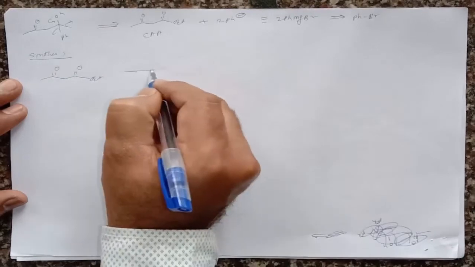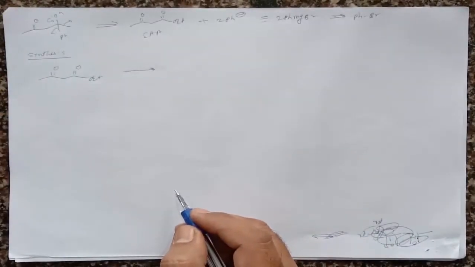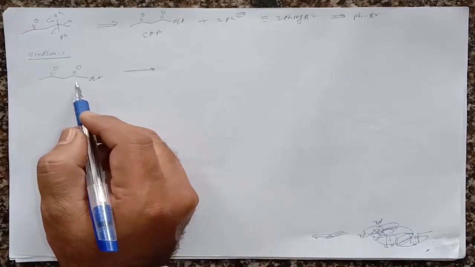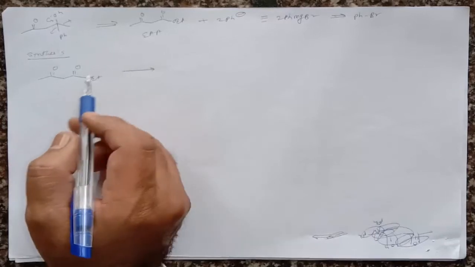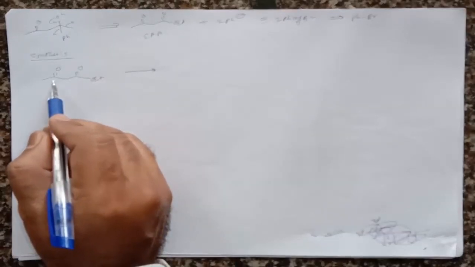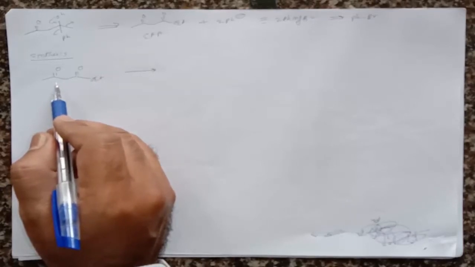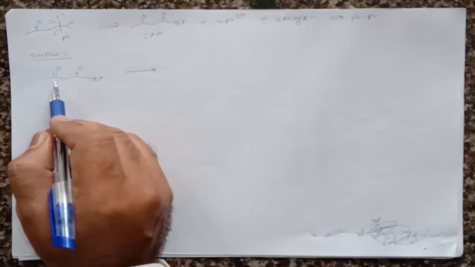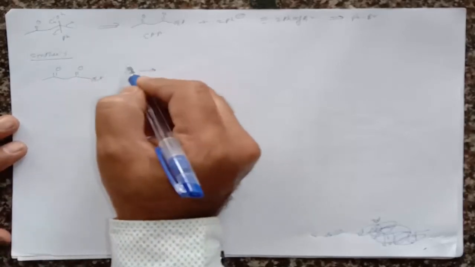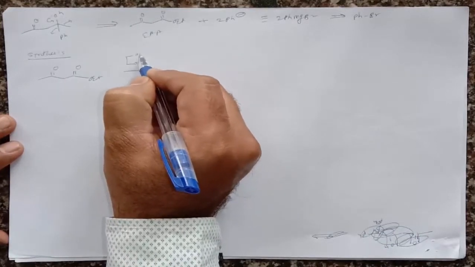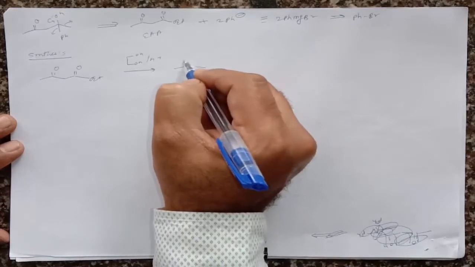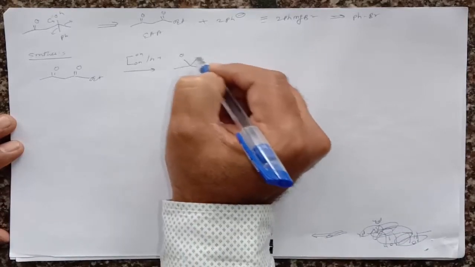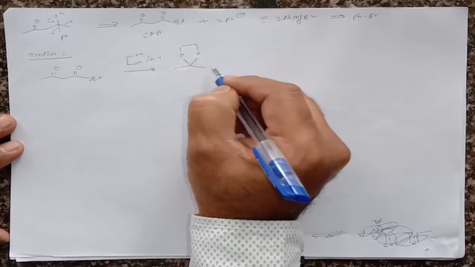OEt. If we treat this molecule with this phenyl magnesium bromide, then we know that as compared to this ester function group, ketonic function groups are more electrophilic, and therefore the reaction will take place at this position, the ketonic group. If we want to avoid the reaction at this ketonic function group, then we have to protect this group. How can we protect this group? We can protect this group by using a diol in presence of acidic condition, because we want to do the reaction at only the ester group, and for that we have to protect this ketonic function group,